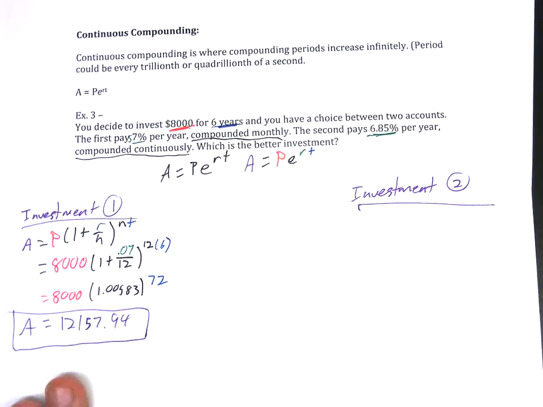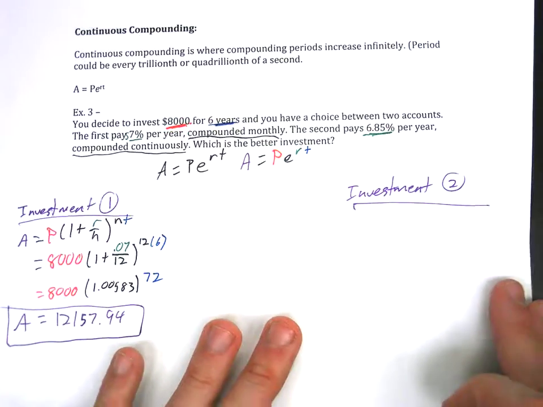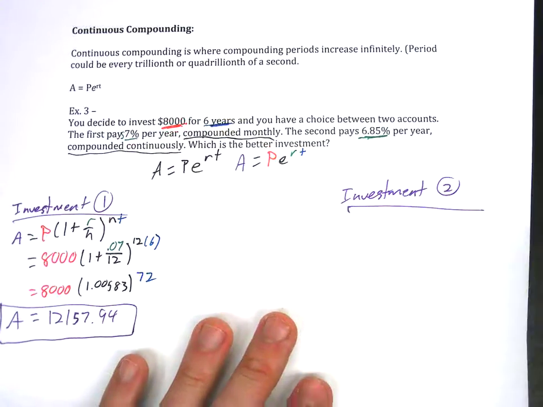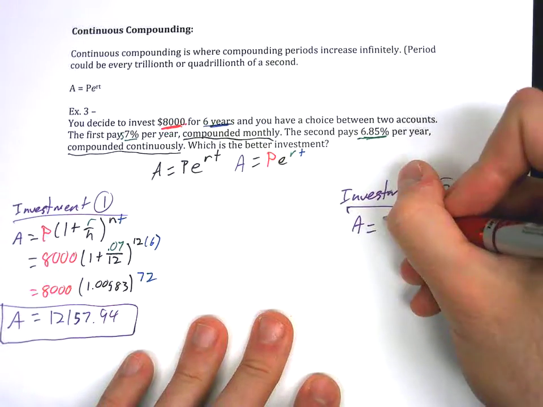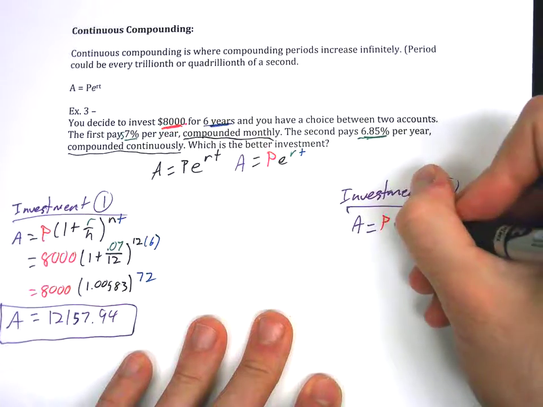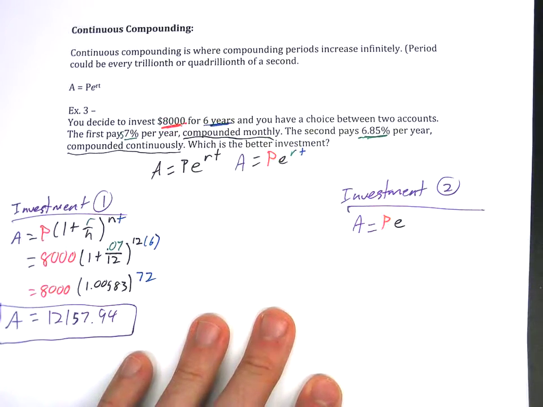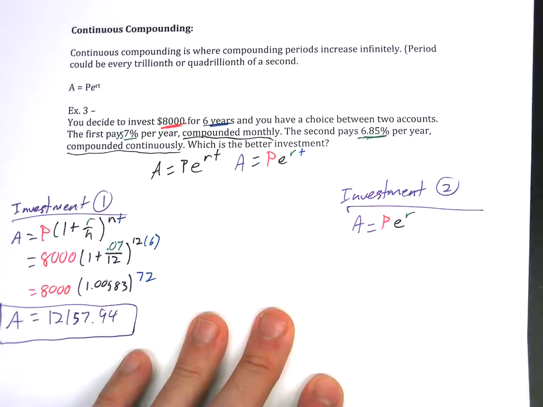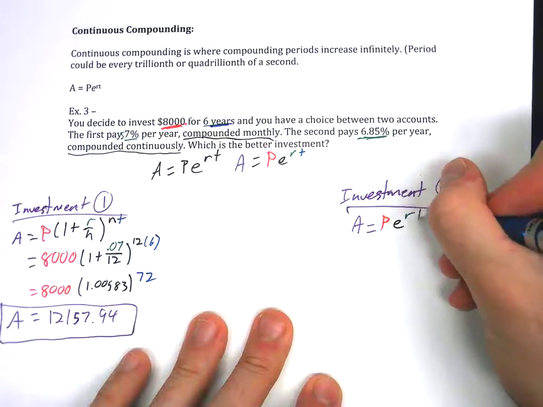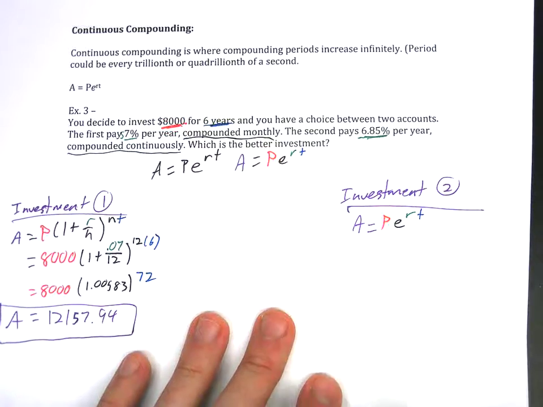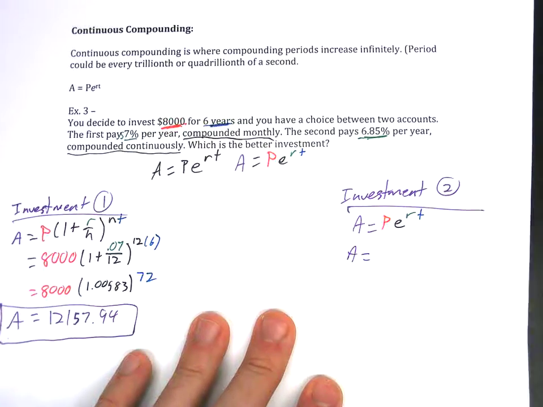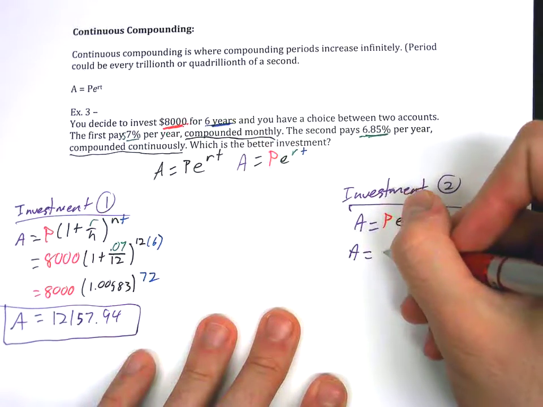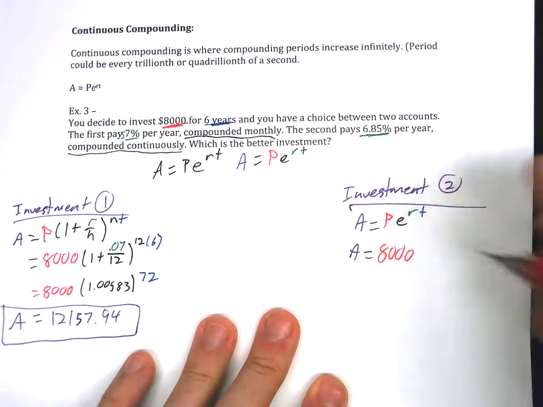So now I need to work with investment 2. And investment 2 will be a little bit quicker because it's heavily calculator work. So our formula for that is A equals our principal times e to the power of rt, our rate times our time. This is sometimes called PERT. If you ever hear me say that, that's what I'm referring to. So we plug in the values, same values we used on the previous one. It's 8,000